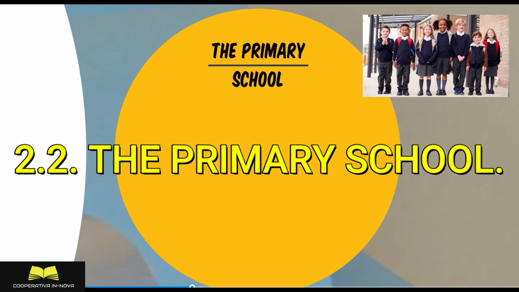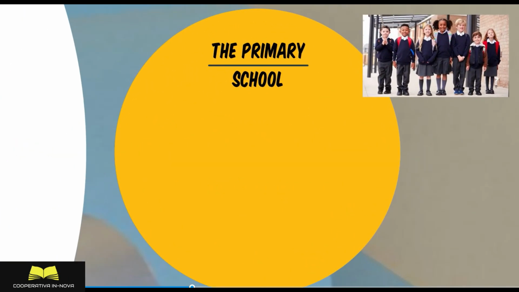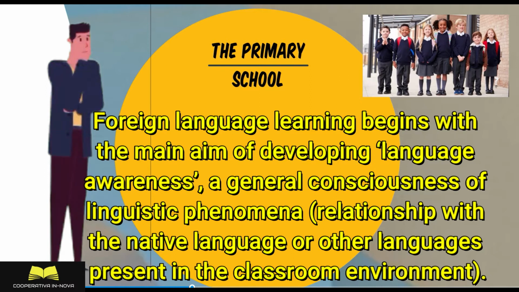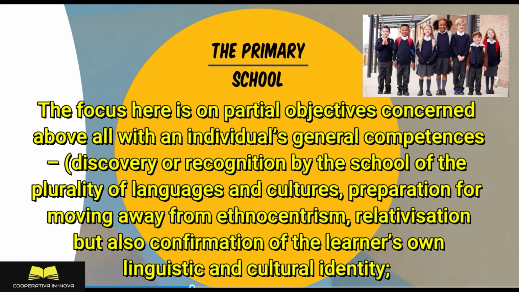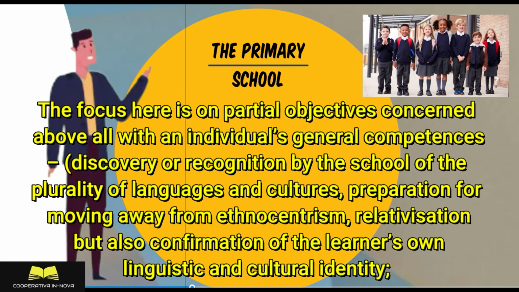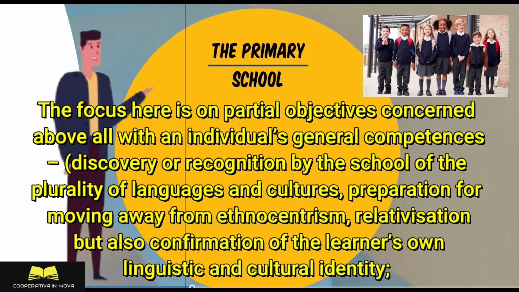2.2. The Primary School. Foreign language learning begins with the main aim of developing language awareness, a general consciousness of linguistic phenomena, in relationship with the native language or other languages present in the classroom environment. The focus here is on partial objectives concerned above all with an individual's general competences, discovery or recognition by the school of the plurality of languages and cultures, preparation for moving away from ethnocentrism, relativization,